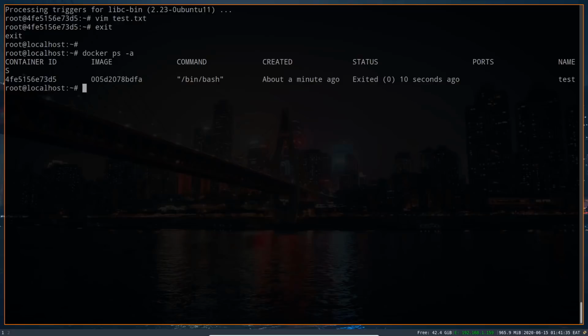Now we specify the container option. So docker container start, and then we specify the name of the container, or you can specify the container ID. We hit enter. That's going to start it, right? But it's not going to take us into that container or log us into that container. However, if we hit